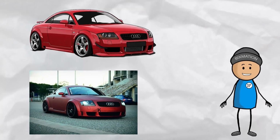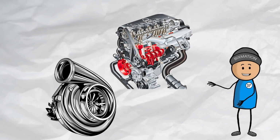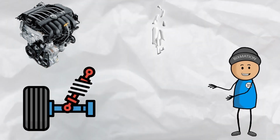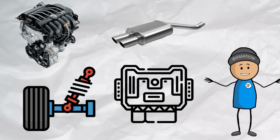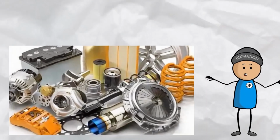For car enthusiasts, the modding potential of the TT Quattro is pretty exciting. You can easily upgrade the turbo on the 1.8T to push the power up, or if you've got a VR6, you've got a solid foundation for performance mods. Suspension upgrades, exhaust systems, and custom tunes can give you that extra bit of power. The good news is the TT community is strong and there's no shortage of aftermarket parts to make this car